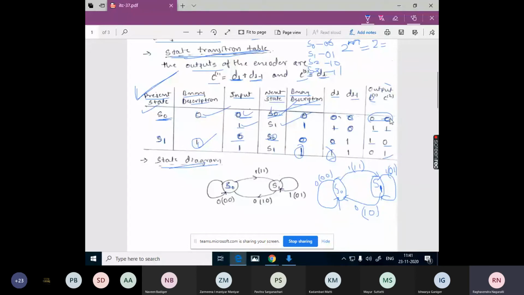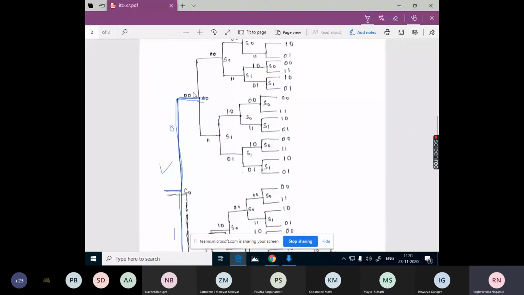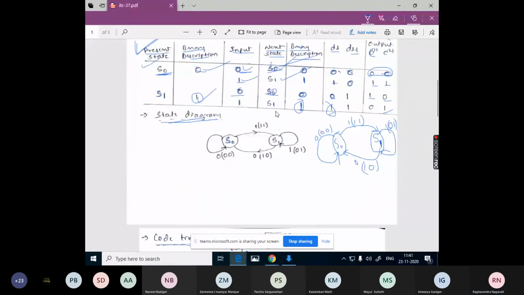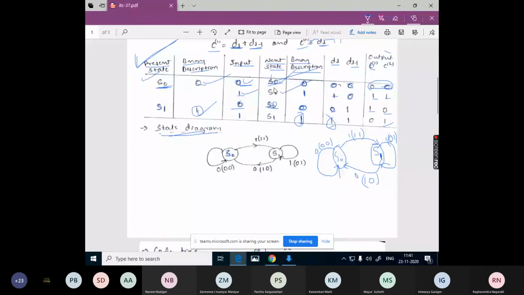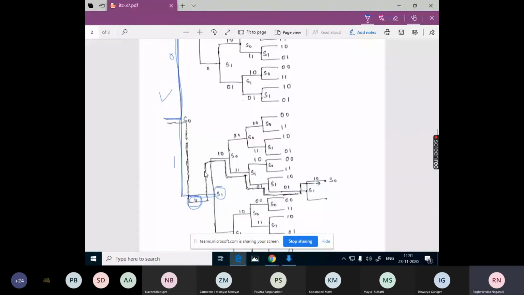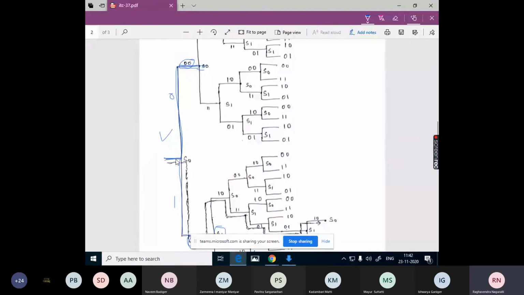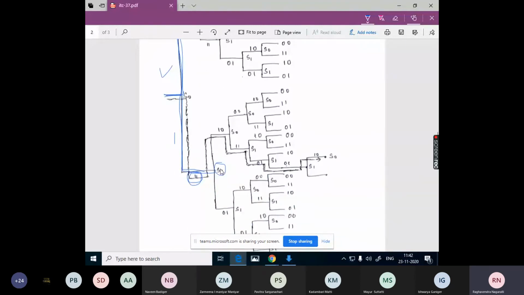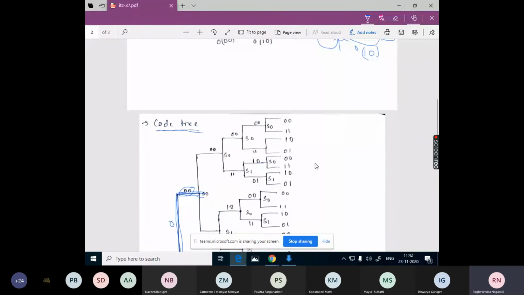Okay. So what will be the output for S0? Next state S0, and 0 0 is the output. So we have written 0 0 here. If 1 is the input, S1 is the new state, and the corresponding output is 1 1. So 1 1 we have written here. Okay, so this is just one branch. These two transitions, the upper transition and the lower transition, make just one branch. So we need to extend these branches further.